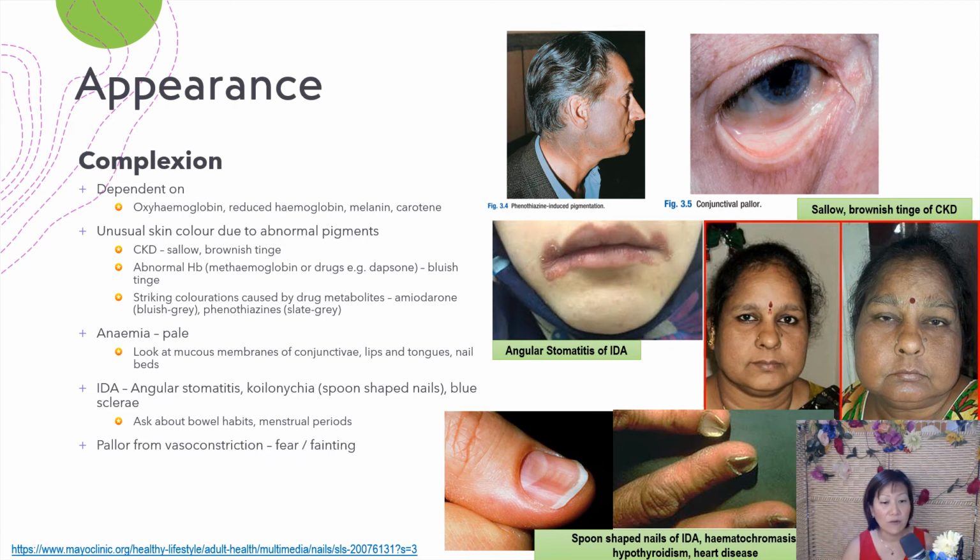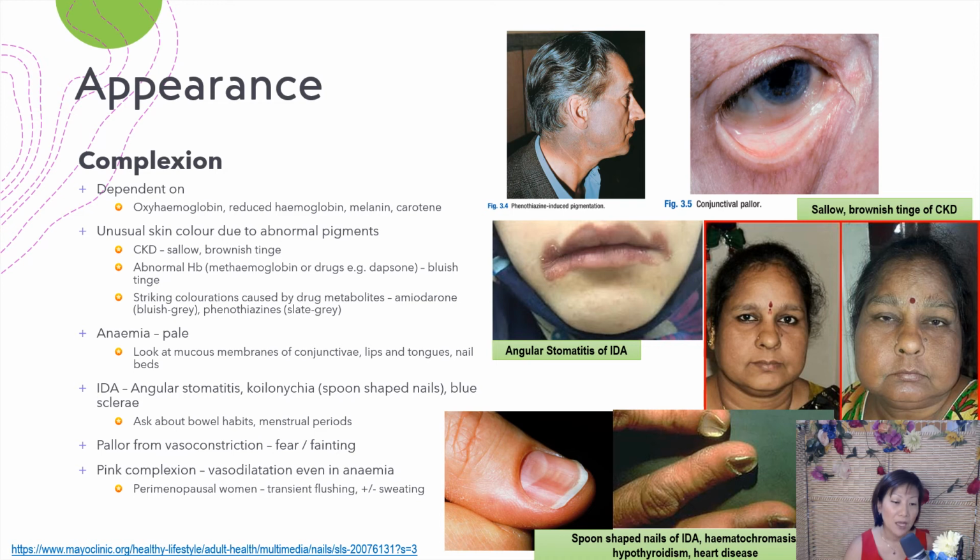There could be pallor from vasoconstriction, like when people are fearful or they're about to faint. I do recall having a patient like that before, who was very close to fainting. And I recall that her blood pressure was quite incompatible with life. It was, I think, 80/40, and it was a case where she had an excessive peritoneal dialysis exchange, and I think too much fluid was pulled out from her dialysis overnight, and therefore her blood pressure was extremely low, and she looked like she was close to fainting, and so I was a bit panicked also